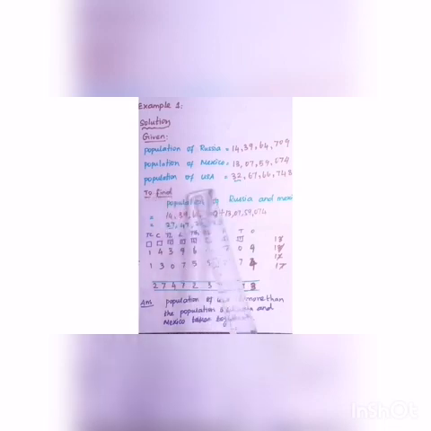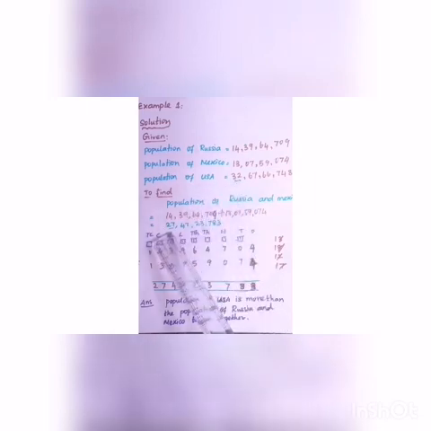Look at this. Population of USA is 32 crores and something, but population of Russia and Mexico is 27 crores 47 lakh 23,783. So first of all you look at the crore place, here 32, here 27. So we know that absolutely 32 is greater. So population of USA is greater than the population of Russia and Mexico.